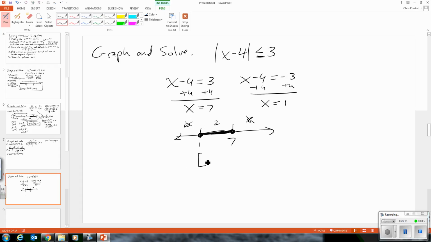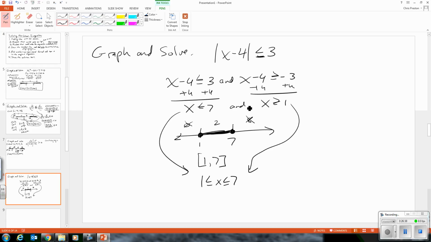So what's this answer? This answer is bracket 1, 7, or set builder notation. You can do it like that, which is exactly what I would have gotten if I had worked this out and said, oh, this is an and, I would have gotten the exact same answer, right? So you could use this critical value approach to do these absolute values if you want. You don't need to because it can be solved directly, but it is another choice if you want to go that route. If you're really having trouble determining when is it and when is it